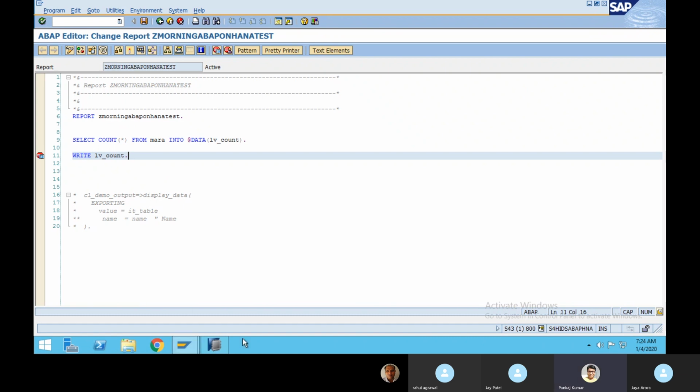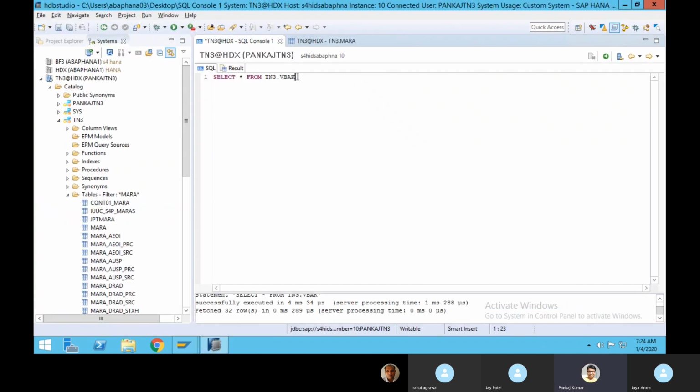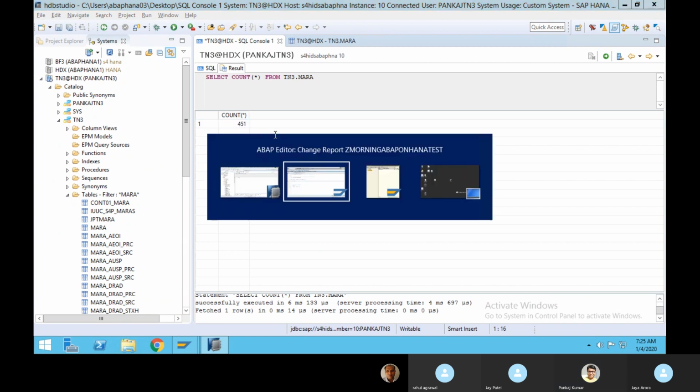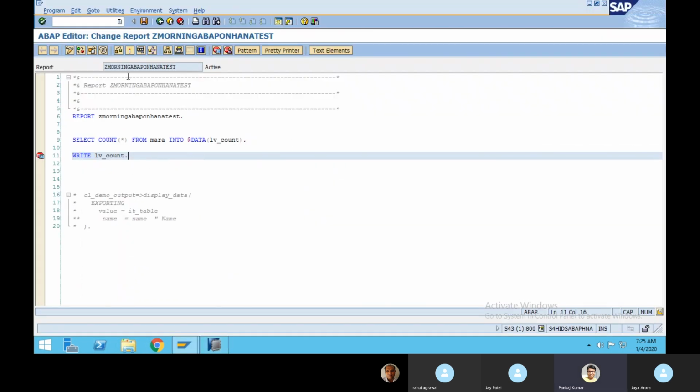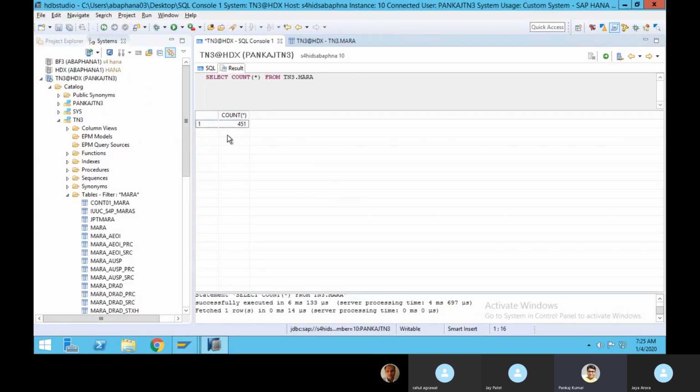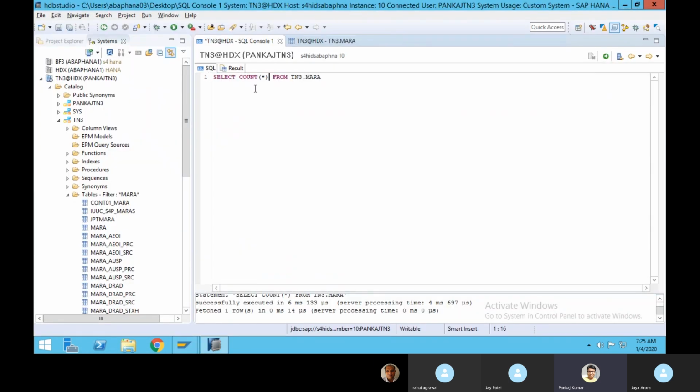And just try to find out the number of entries from the MARA table here. Select count star. Click on this OK button, and you can see it's 451. Why do you see 388 here and 451 there? There is a reason behind this.